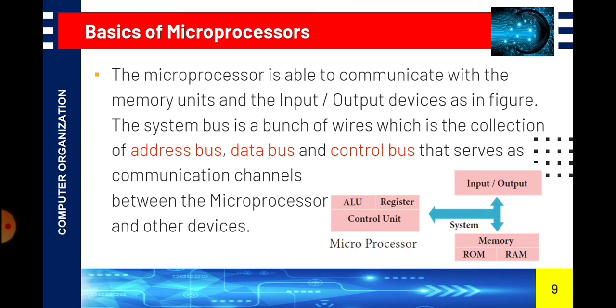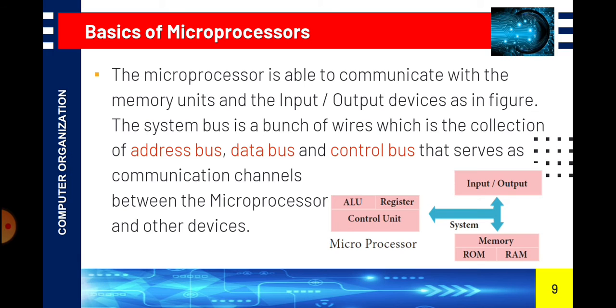The bus is nothing but a collection of wires used for transferring data, and it is known as the bus in a computer system. Within the computer devices, if you want to pass some data from one place to another place, how can we pass it? With the help of the bus. So what is meant by bus in computers? A bus is a collection of wires. Through these wires we can pass data from one place to another place. The collection of buses is known as the system bus.